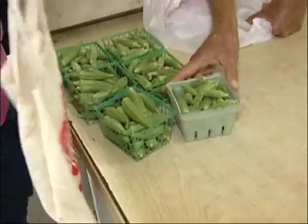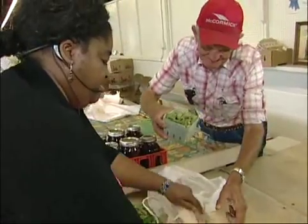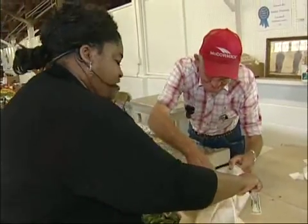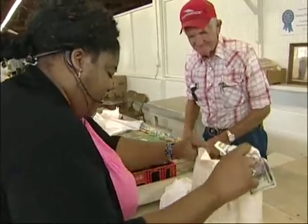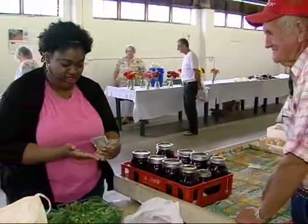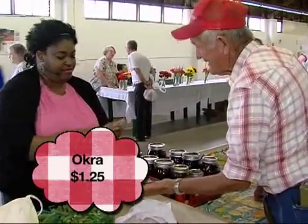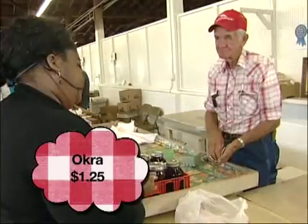And I have my own bag, and we can put it in there. Yep, just dump them right on in. Love it. You can keep that. How about that? And that little one, he got away. Put him in there. $1.25, right? $1.25. And there you go. All right, thank you. So I have to ask you,